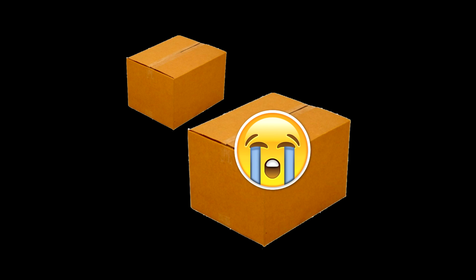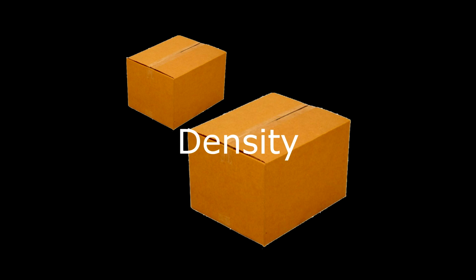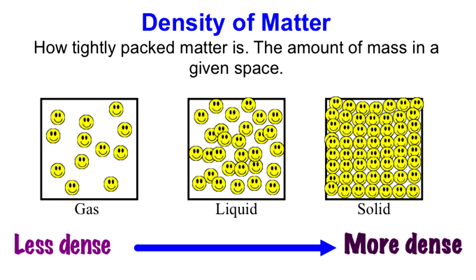So you're like, oh, well, how heavy is the big box? So you turn around and pick up the big box, and you find out you can pick up that big box with one hand. And so the difference between these two boxes is the density. One is more tightly packed. There's more stuff in that little box. That's why it's so heavy you can't pick it up. So it's not size, it's simply how packed in something is. Kind of an interesting thing. You could have two little boxes that are the same size and one's easier to pick up than the other. It's because their density is different. So don't confuse size. It has nothing to do with size, it has everything to do with how tightly packed something is.